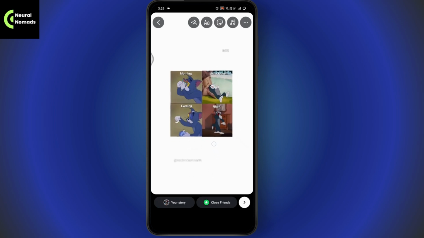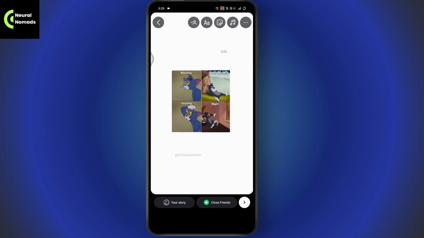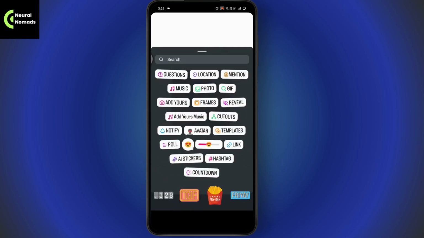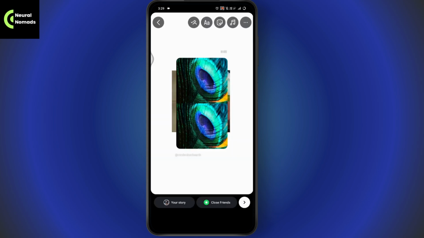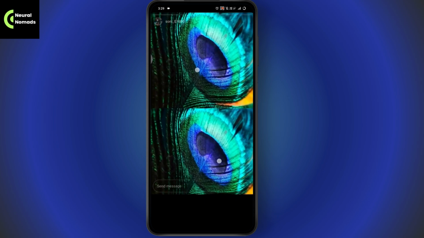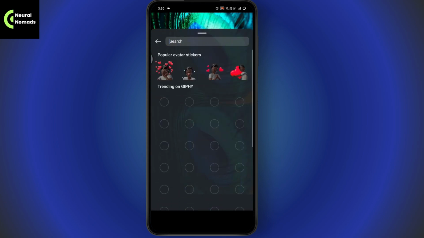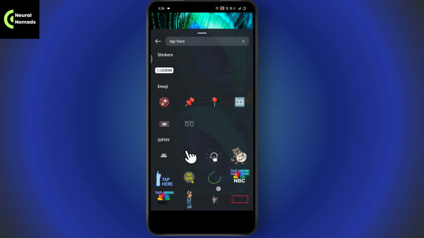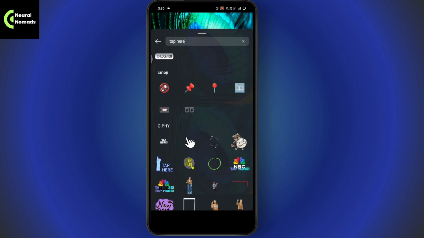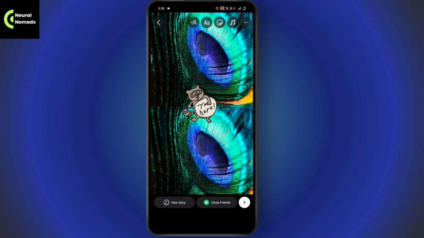So you just need to simply go with the upper right, which has that stickers option, and then go with photo. Choose the image that you have just downloaded or just saved, and now you can again go with stickers and search for tap here sticker, and you can simply choose any sticker that you would like. So for example, I'll be choosing this one, and then tap on share, which is here on the bottom, and